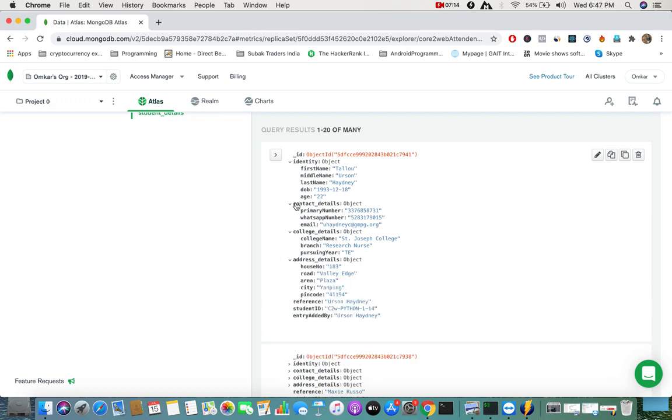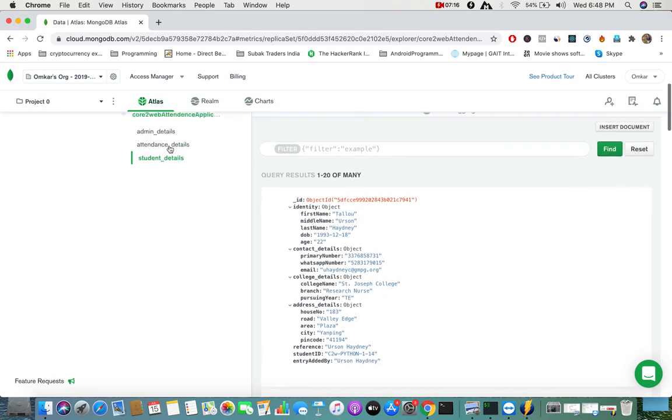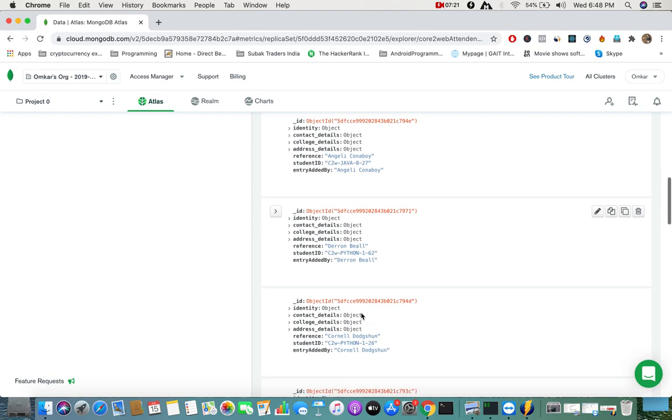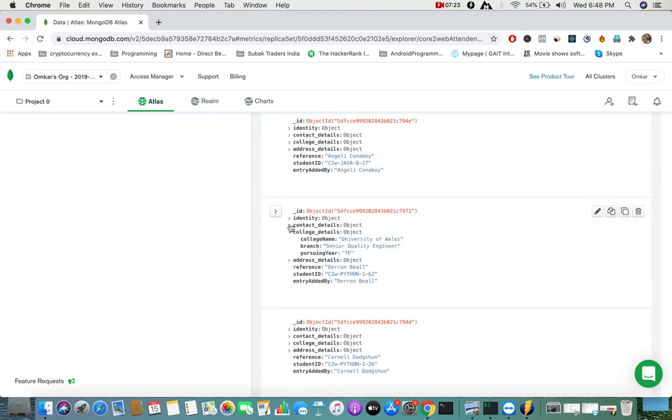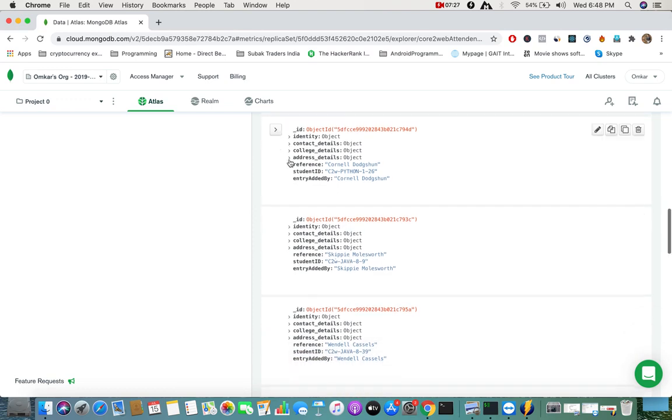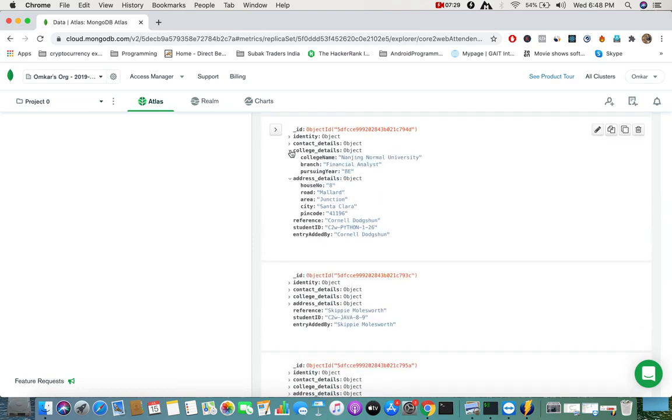As you can see, contact details is a nested collection in the student details. So it's actually documents, multiple documents in one document, nested documents as we say them.